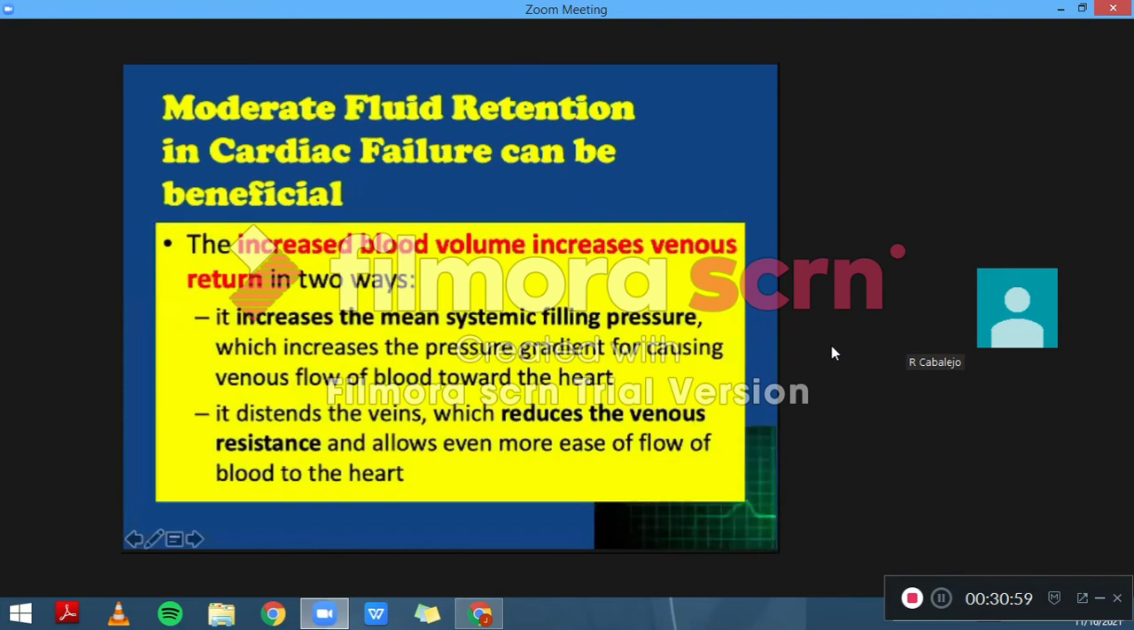The increased blood volume from your renal fluid retention is actually beneficial if the fluid retention is just moderate. The increased blood volume increases venous return in two ways. First, it increases your mean systemic filling pressure, which increases your